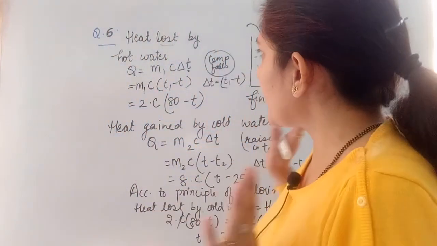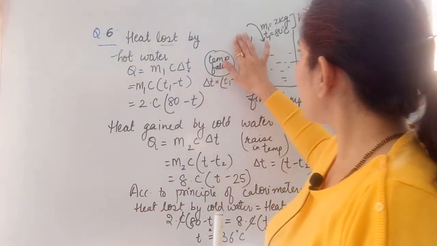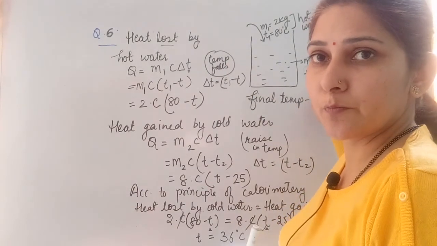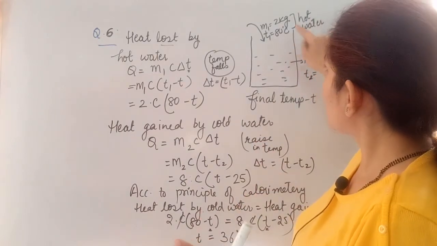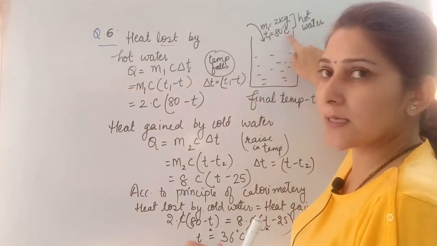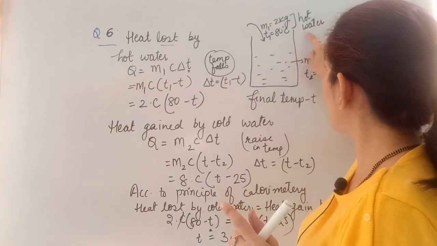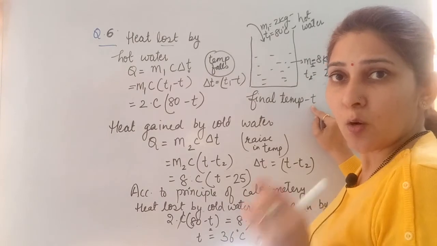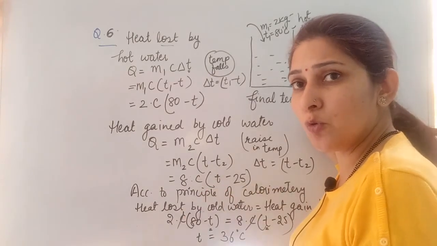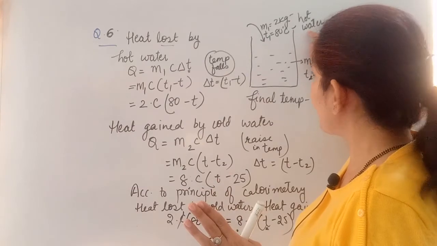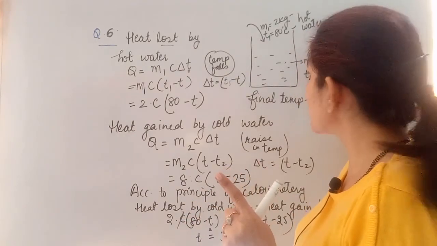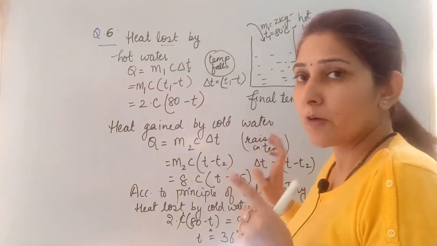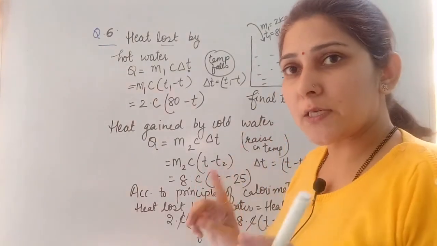Okay, let's do it again in one go. We are given cold water of 8 kgs at temperature 25. Then we mixed 2 kgs of water at 80 degrees Celsius into this cold water. Definitely when we mix hot water into cold water, the final temperature is going to change. What will be the final temperature? That we have to calculate. This is the hot water. Definitely it is going to lose heat when it is mixed in the cold one, and this is cold. It is going to gain heat when mixed with hot water. First we are going to calculate this heat lost and heat gained.